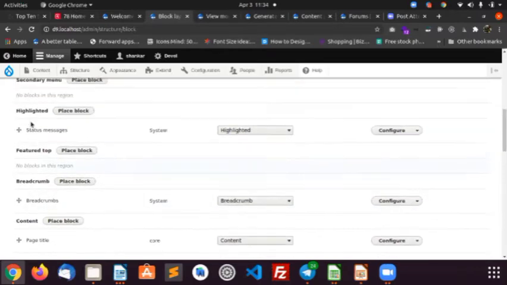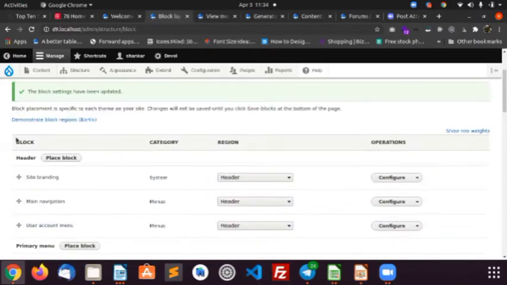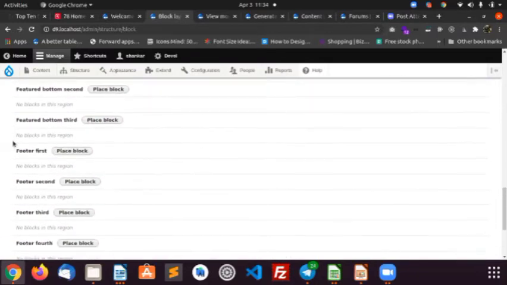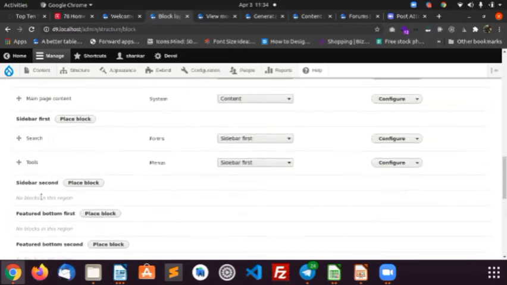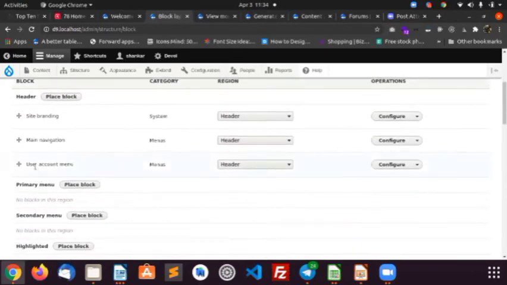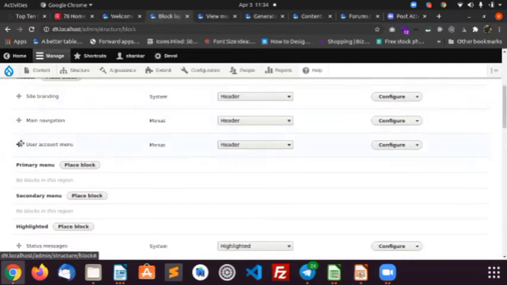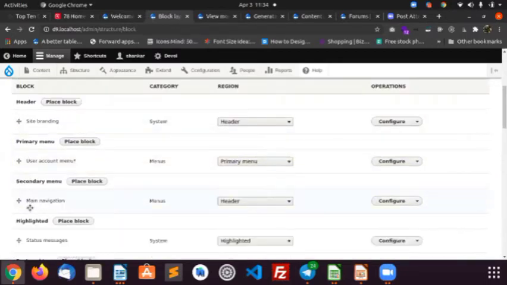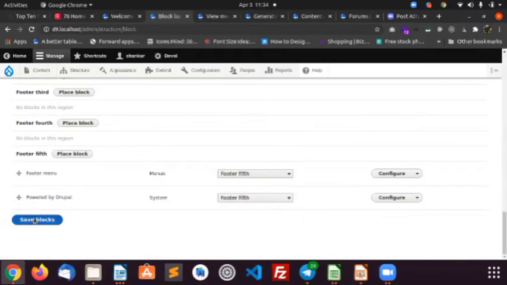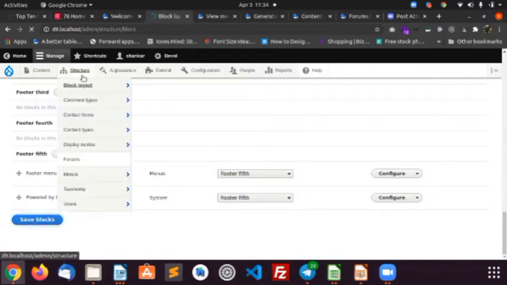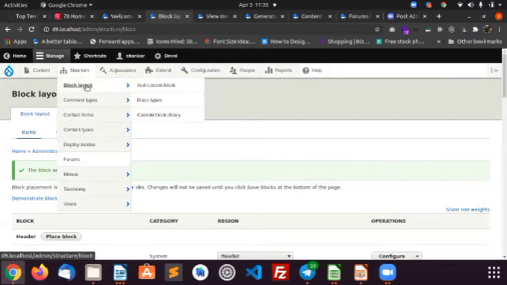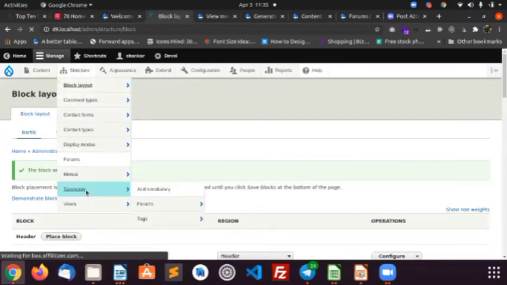So we have breadcrumbs and feature top. Those are the regions we have created in the theme.info file, and they will be available here. Sidebar first, feature bottom, and footer part, all those things will come here. Then let me move on. User menu and menu in a second. So I will rearrange it. Then we talked about content types, and the article page will be the very same, and we covered the block. We can talk about taxonomy then.